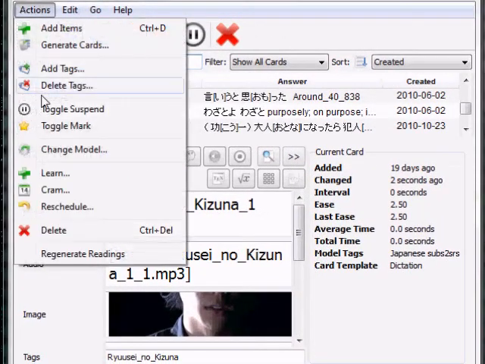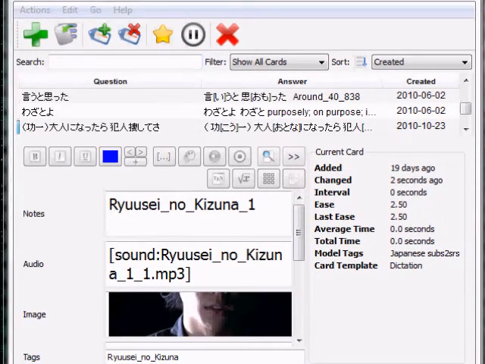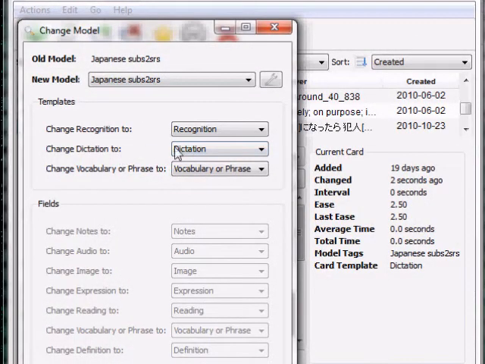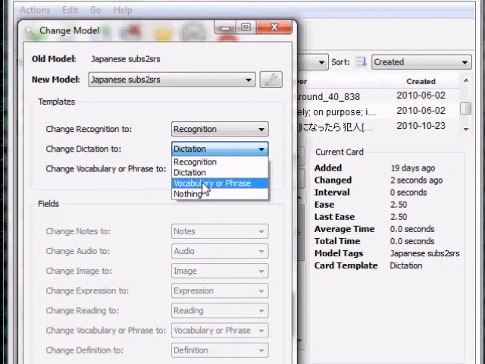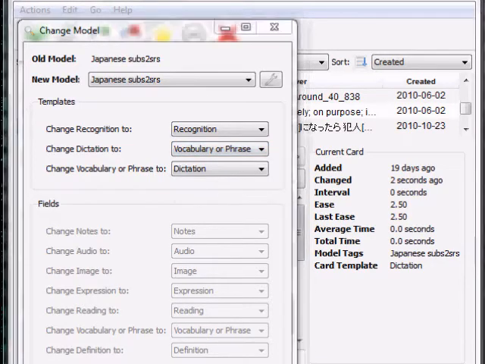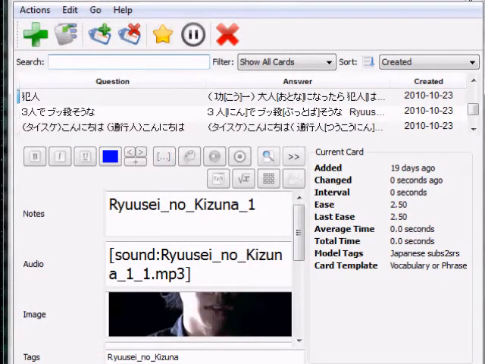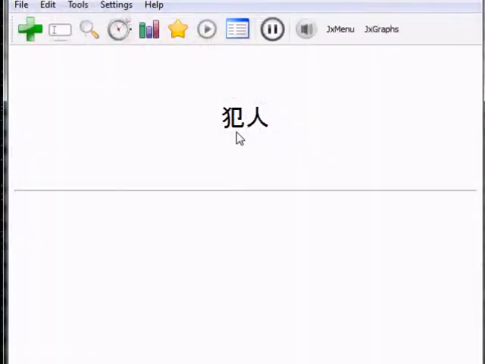Then what I can do is go to Actions, Change Model, and change this dictation, which is what I'm calling the card, to a vocabulary. Okay. Now when I look at it, close this out. Now it's just saying Hanin,